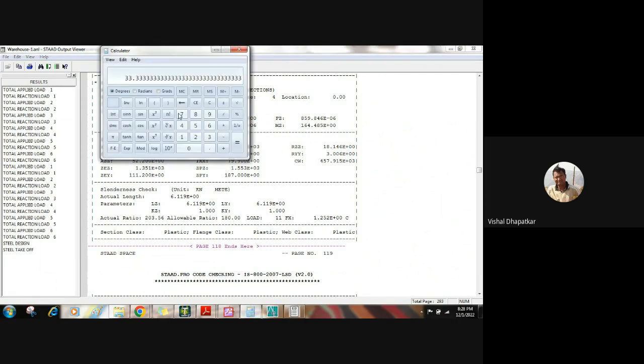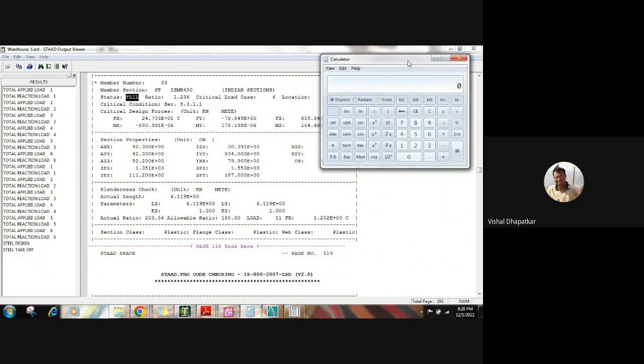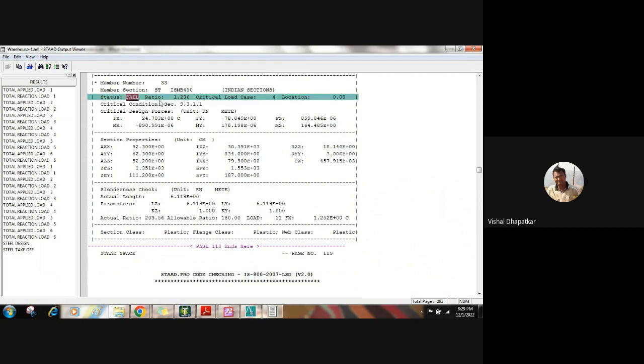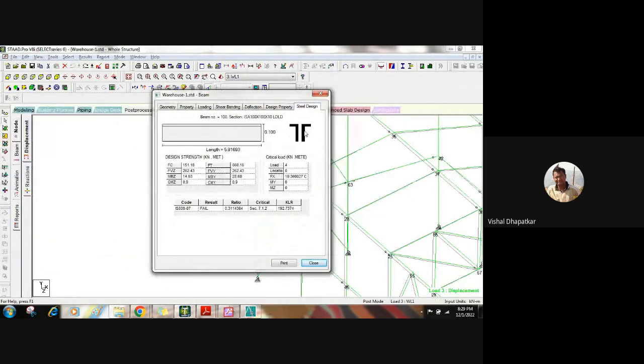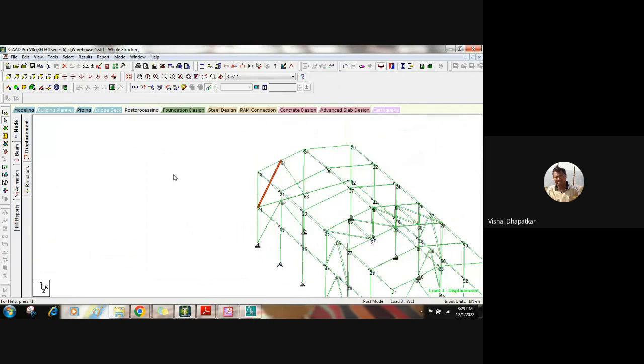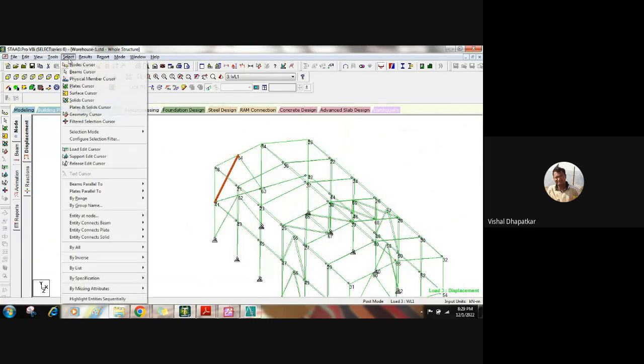So we can calculate that ratio. So actual coming 203 divided by 180. So it is 1.12. So it is giving a ratio near to this one only. So that's why it is failing in slenderness. So this is how we get all the details tracked by using track 2. So in order to pass this section, here we have provided, I think, back to back. Instead of this, we can go with the star section. And for other members,